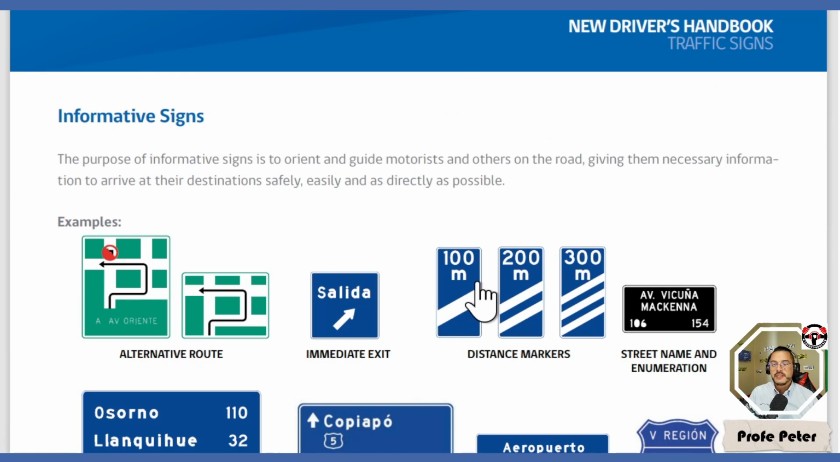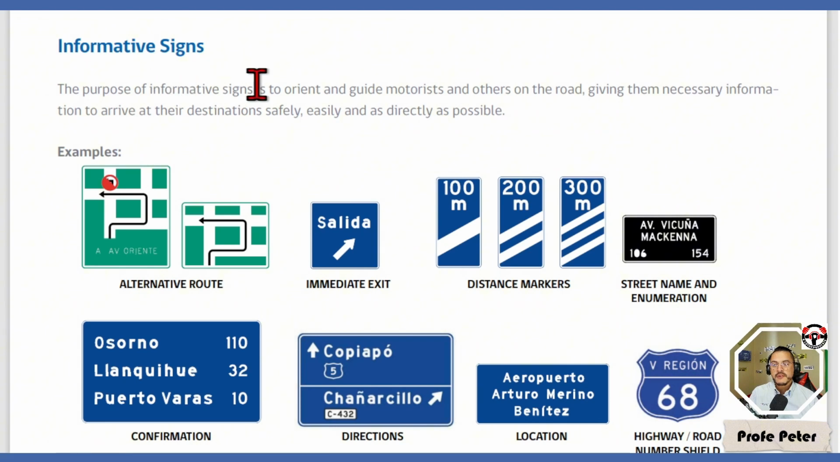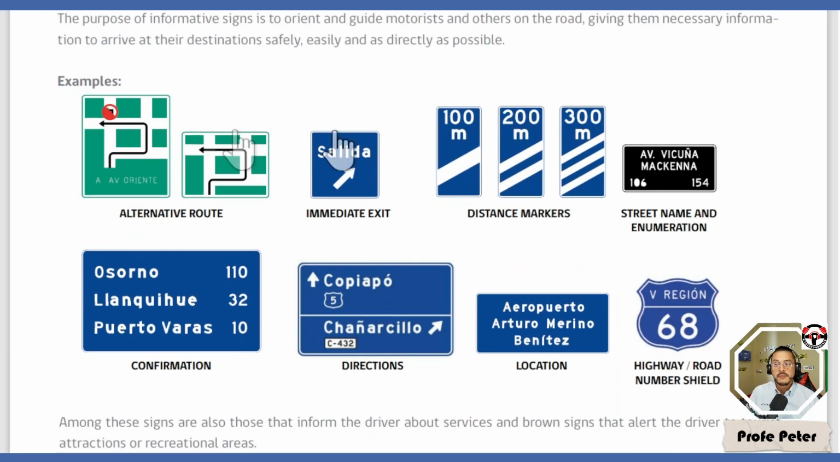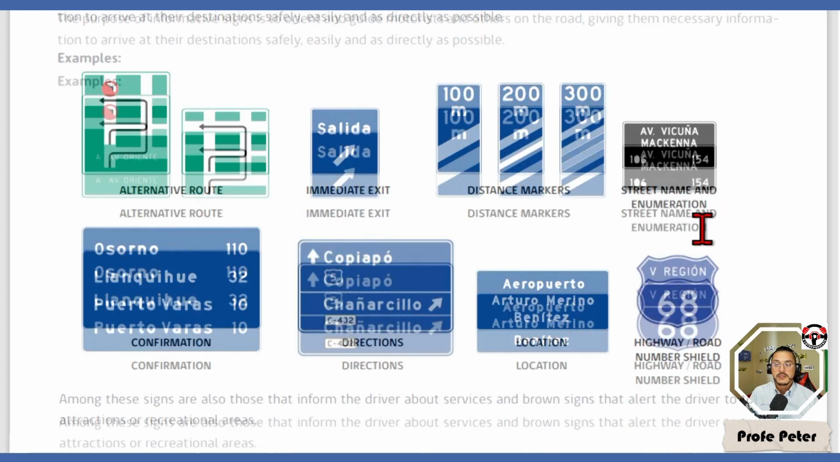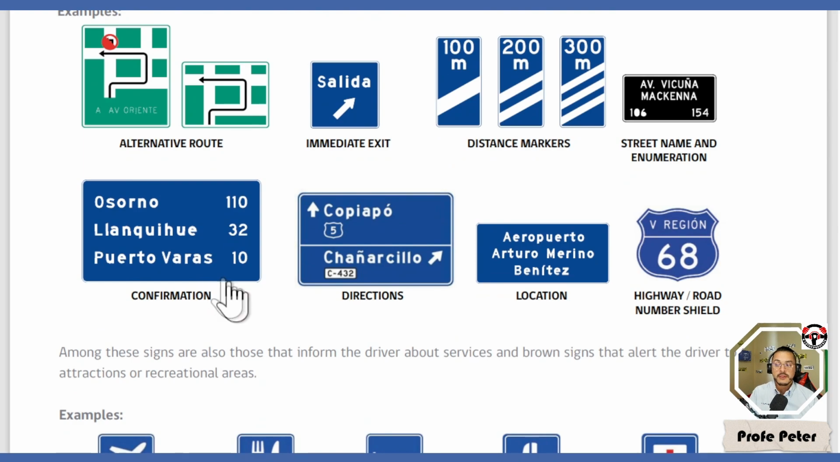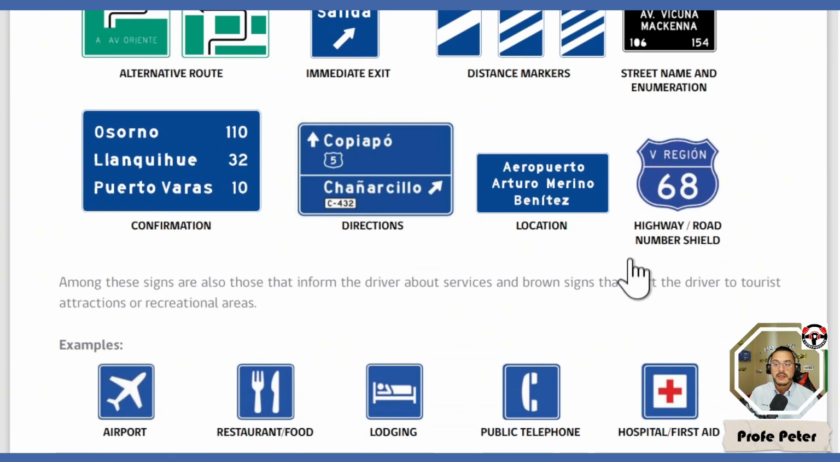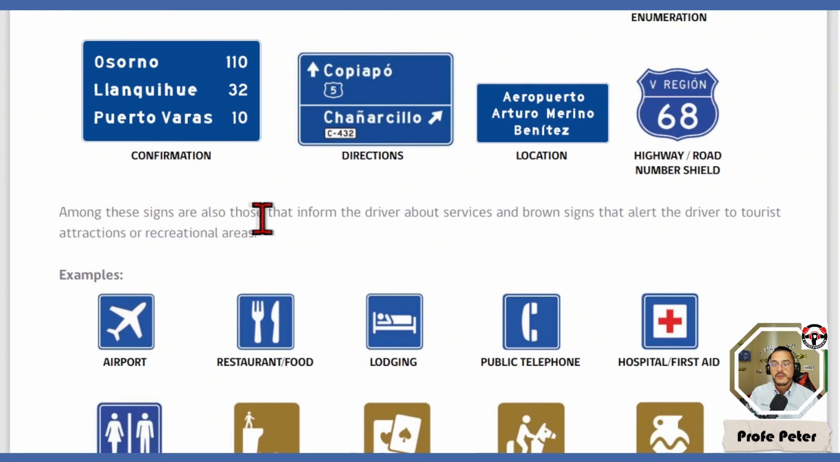About informative signs. The purpose of informative signs is to orient and guide motorists and others on the road, giving them the necessary information to arrive at their destinations safely, easily, and as directly as possible. For example, alternative routes, immediate exit, distance markers, the streets' names and enumeration, confirmation of kilometers, directions, locations, and highway or road numbers. Among these signs are also those that inform the driver about services and brown signs that alert